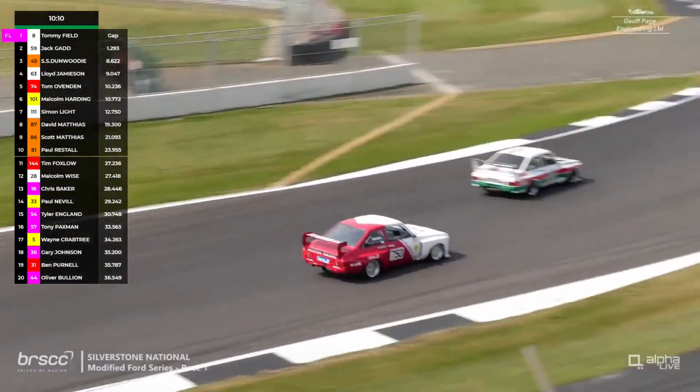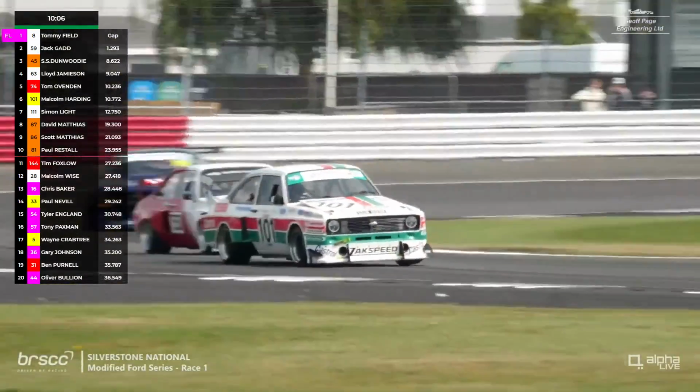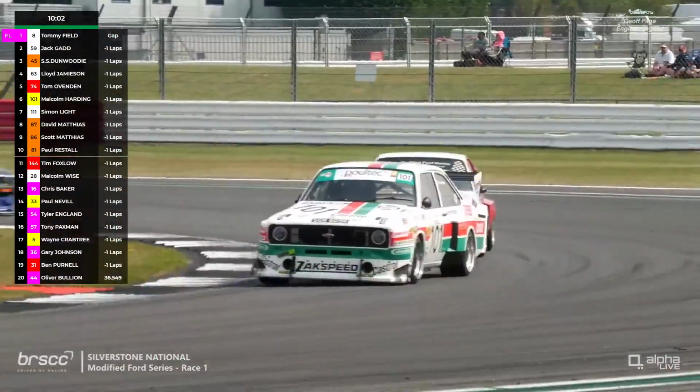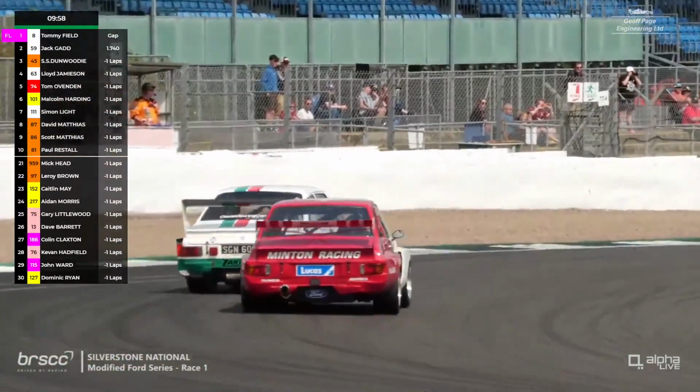Trophies and podium for this one, top 3. Rather than going through, have time to run through all the classes, will we? We've got about 6. Yes, although we do have lunch break after this, so you can fill a little bit of time. Yeah, we've got Super A, Super B, A, B+,